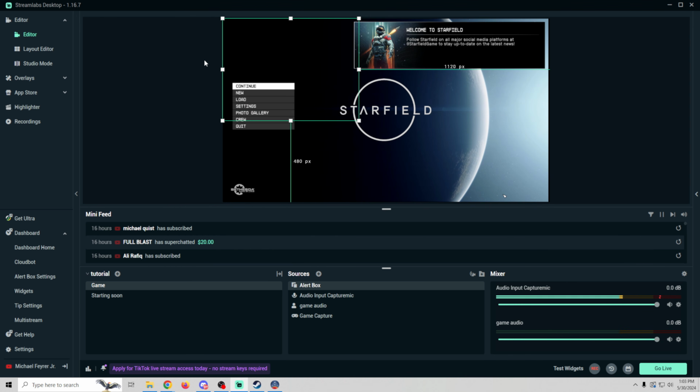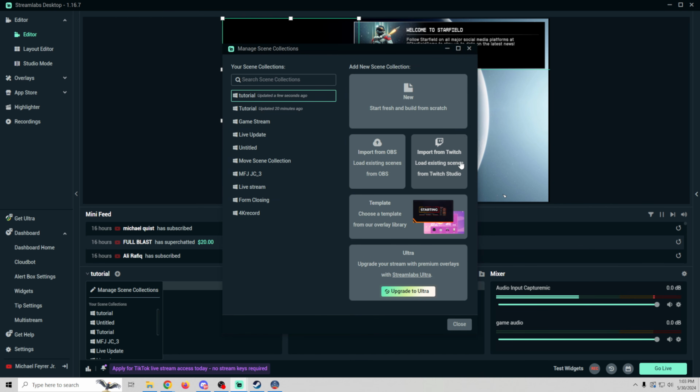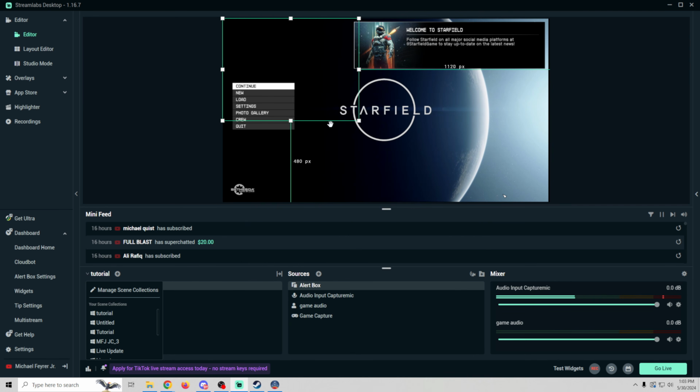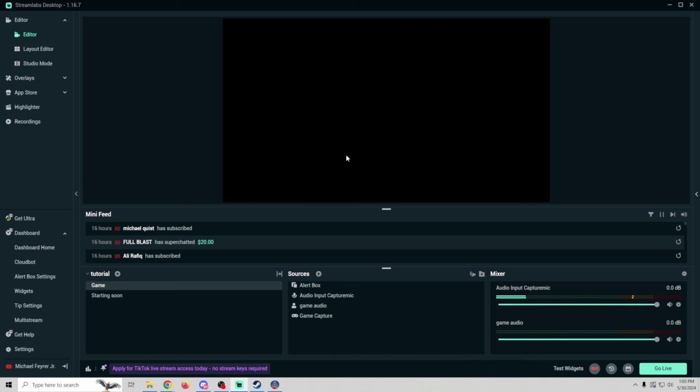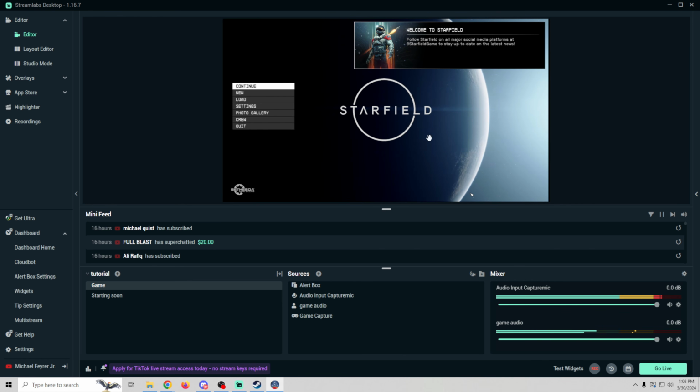Now, the easiest way you're going to be able to replace the Twitch Studio is obviously just by clicking this down arrow right here and going to Manage Your Scene Collections and just clicking Import from Twitch. This is going to load your Twitch Studio right in. But I did want to just walk through really quick how to set up an easy live stream, just like I did right here, that has two scenes. We've got a starting soon, and we've got our game scene, has the audio in it, has everything we need,